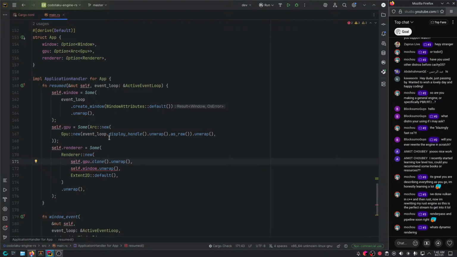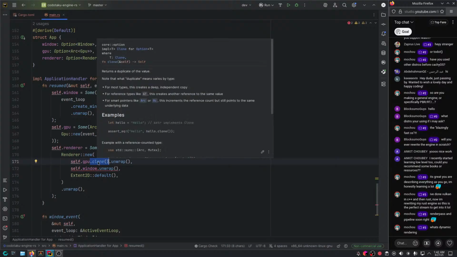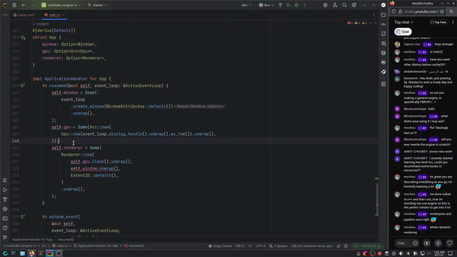It's like you have a house, which is the inside of an Arc, and this Arc allows you to clone the key and give a key to each one in the house. If there's no keys left, then we're just gonna destroy the house, since no one is living in it. If there's still some keys left, we're gonna make sure that the house stays alive. That's basically how an Arc is.